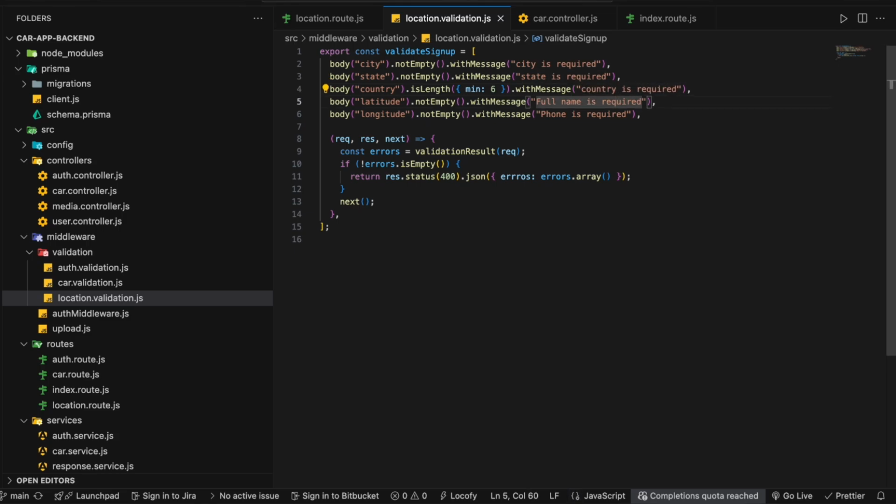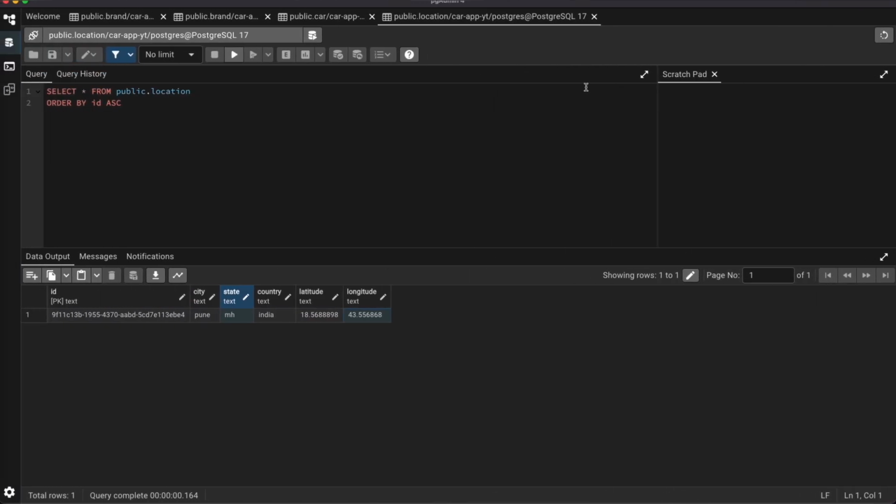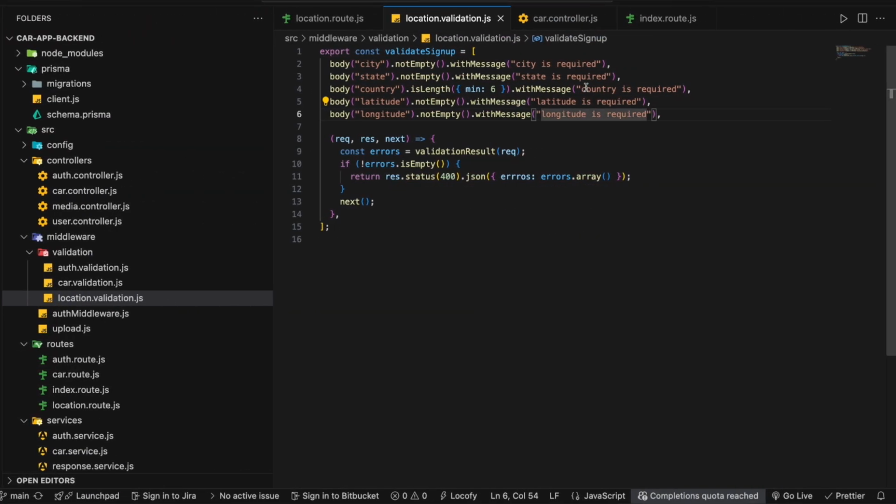Country is required, latitude is required, longitude is required. Let me just see the spelling. Longitude, okay, it is fine, and it will throw you an error. Validate